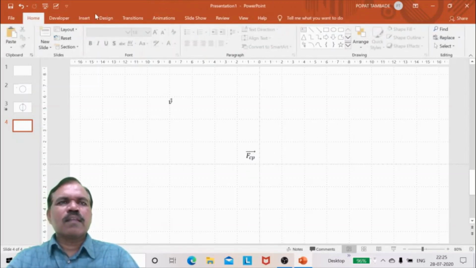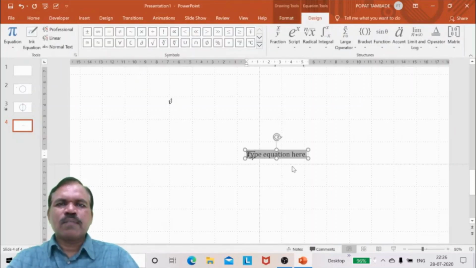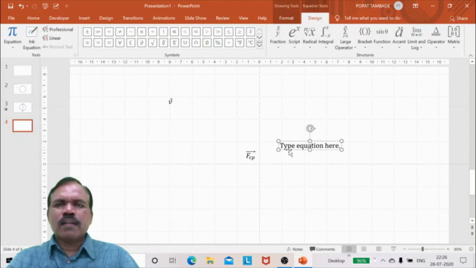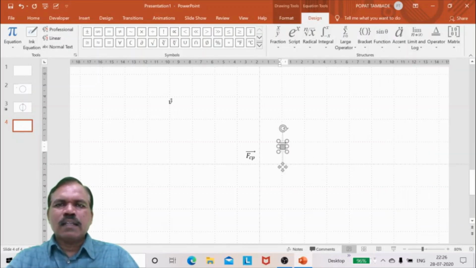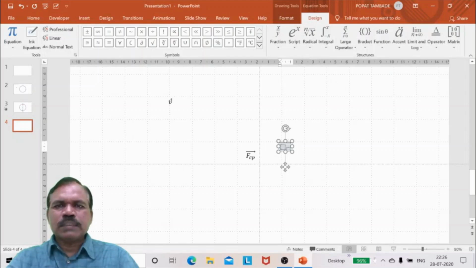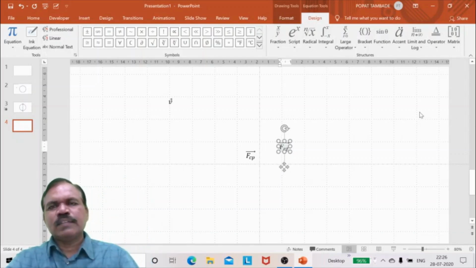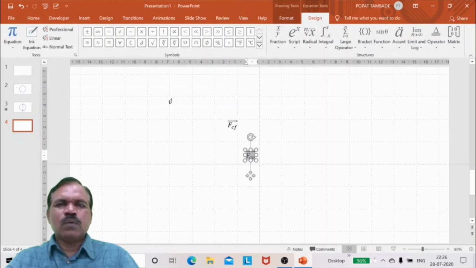Similarly, I will take centrifugal force also. So insert pi symbol, and then here I will insert accent, and here I will take subscript, and F I can take here Cf, centrifugal force. So these are three notations I have to add.